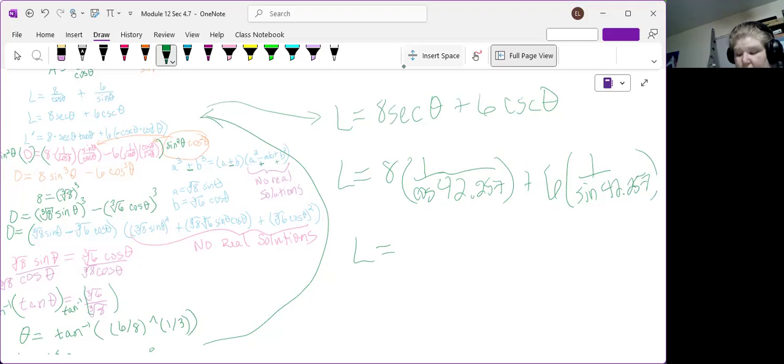Okay. 8 divided by the cosine of that angle, close, plus 6 divided by the sine of that angle. I say that because I was actually going back and picking the angle twice. And we get